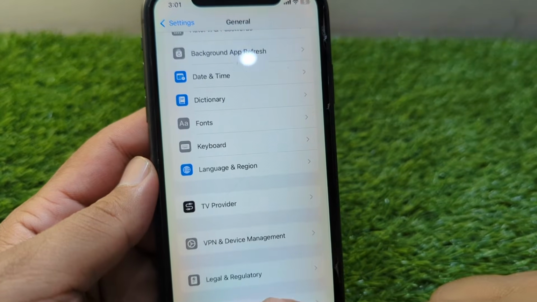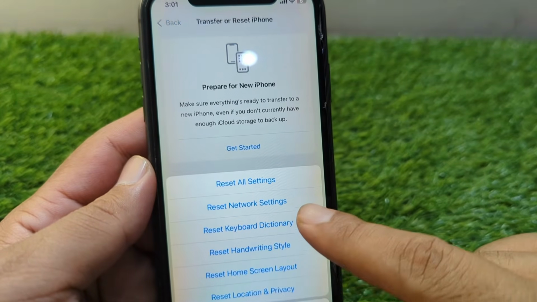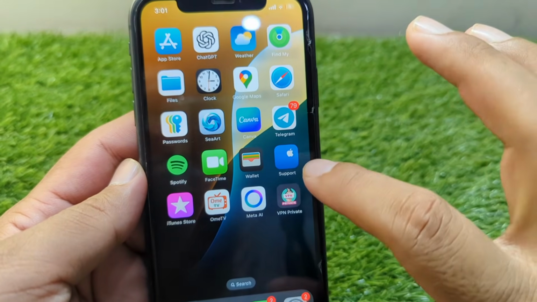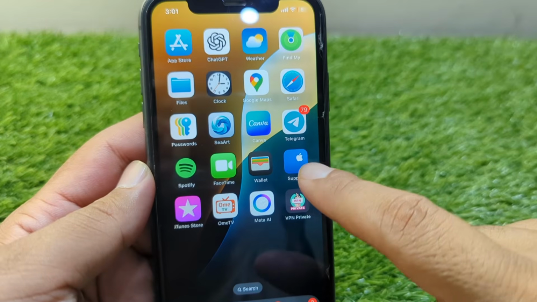Then go back and tap on transfer or reset iPhone, tap on reset and reset network settings of your device one time as well. So guys, do this and after this you have to simply open your support app on